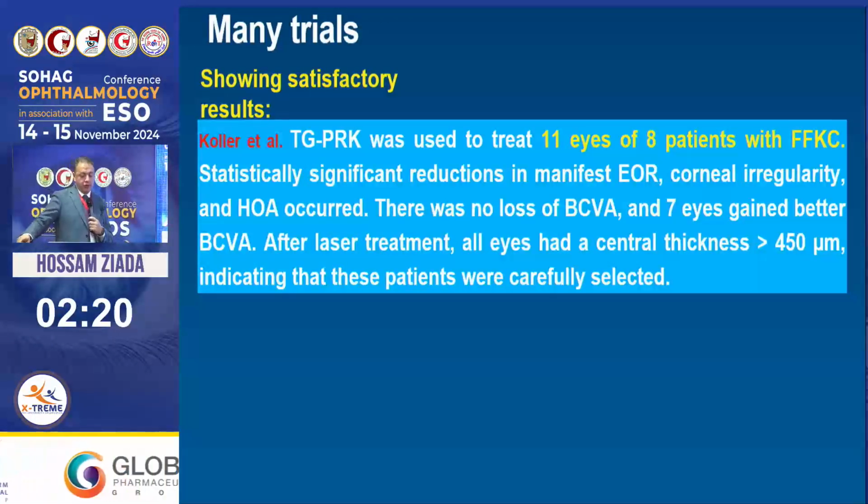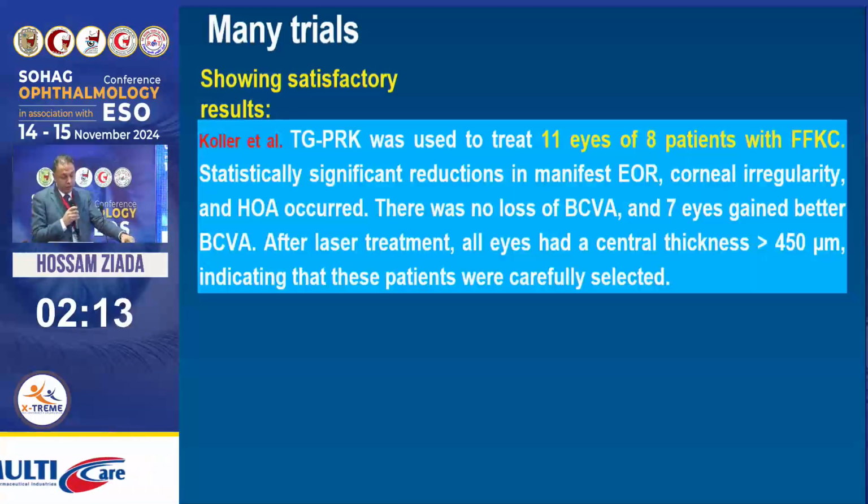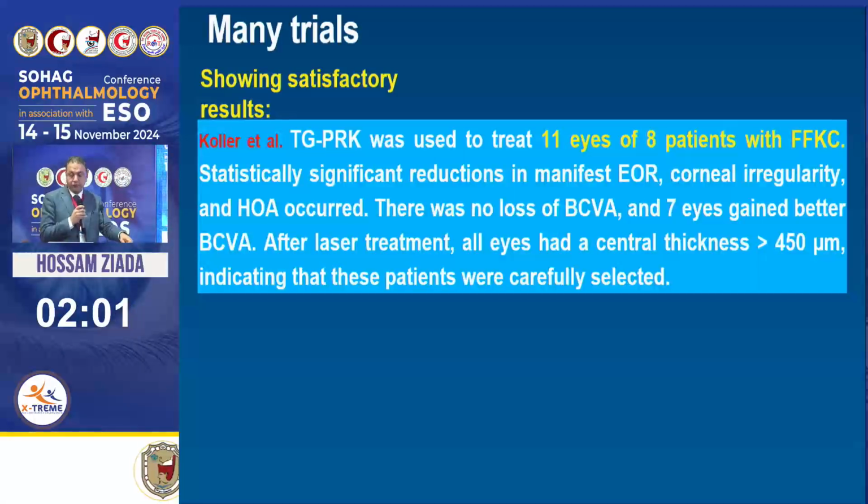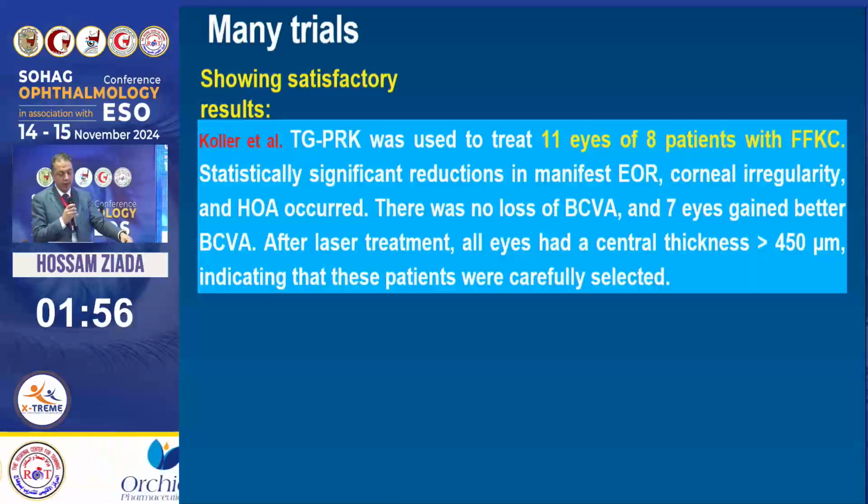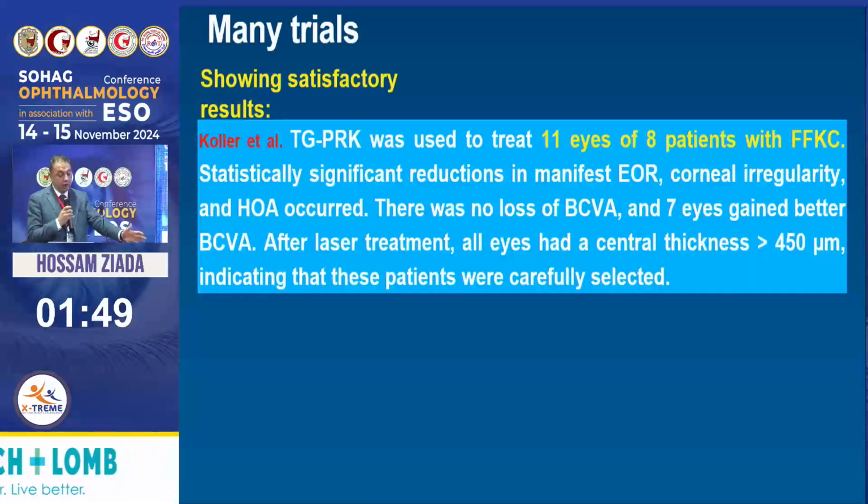There are many trials showing satisfactory results regarding the Athens protocol. By Kohler et al., topography-guided PRK was used to treat 11 eyes of 8 patients with form-fruste keratoconus. Statistically significant reductions in the manifest refraction, corneal irregularity, and high-order aberration occurred in this study. There was no loss of the best-corrected visual acuity, and 7 eyes gained better best-corrected visual acuity. After laser treatment, all eyes had a central thickness of more than